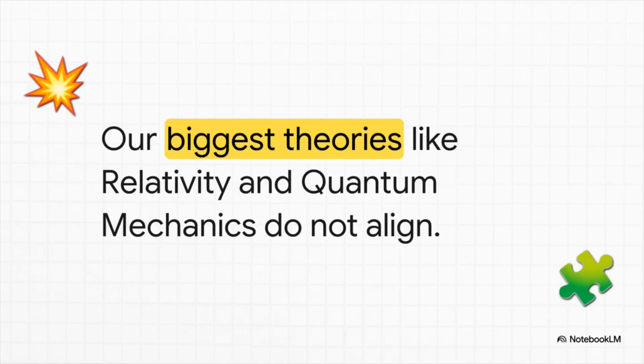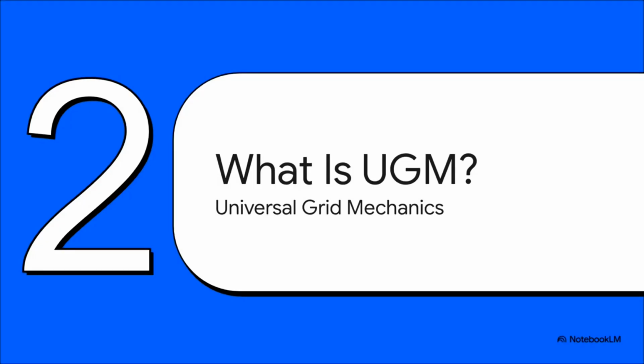Because of these mathematical breakdowns, our modern understanding of the universe is totally fractured. General relativity, quantum mechanics, and classical physics simply do not align. When we try to combine them, we get mathematical nonsense. We've literally had to invent placeholders like dark matter and dark energy just to make our observations balance out. UGM was created specifically to fix this and unify these theories. Which brings us to Section 2.